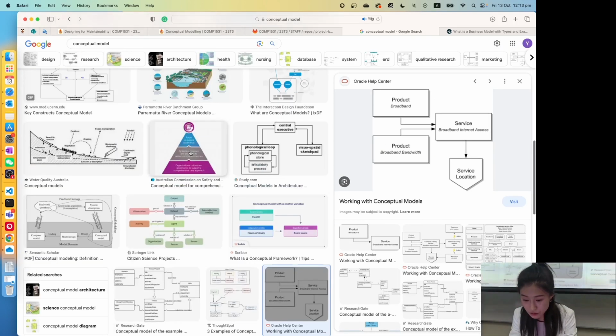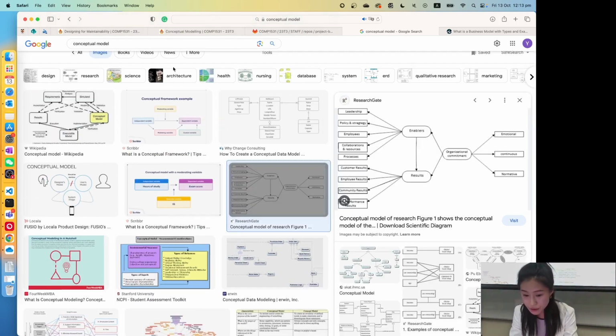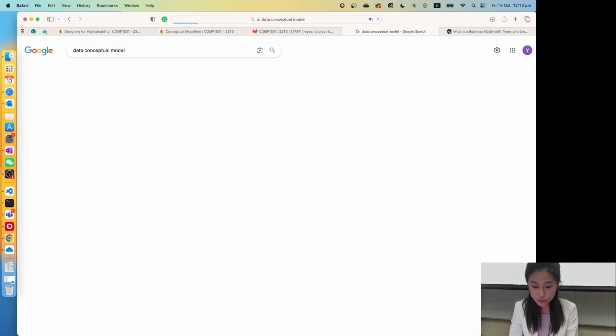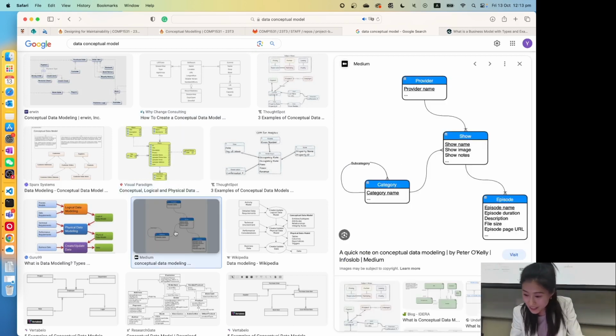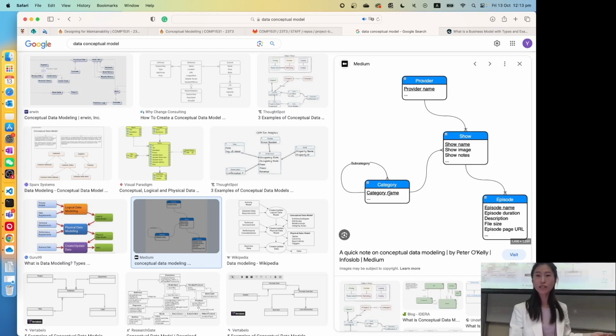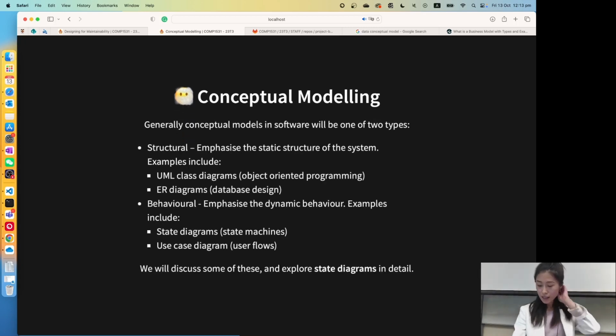Let's find an example of a data model. Conceptual models. Oh, what is that? So we have providers, show, category, episode. So different data in a system. We model the data in a system with a conceptual model, with conceptual modeling. And here in software,